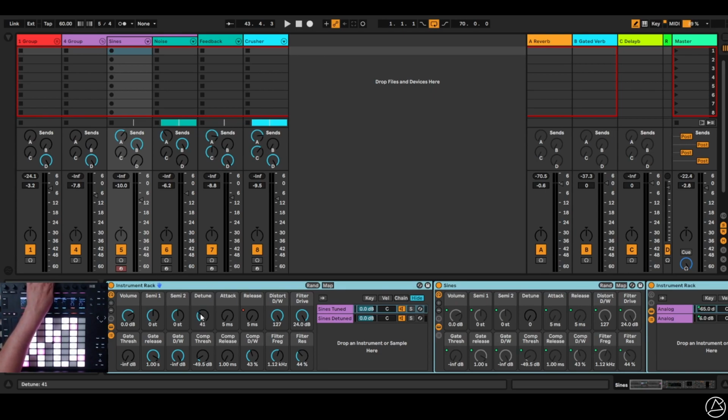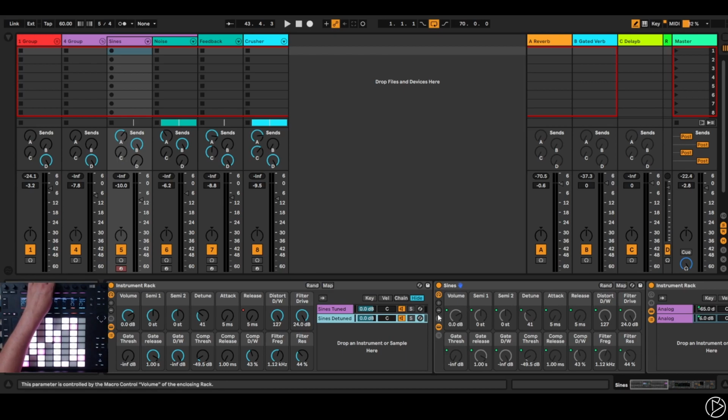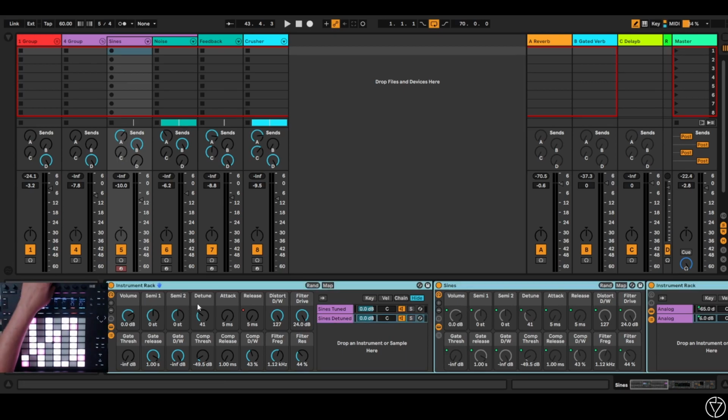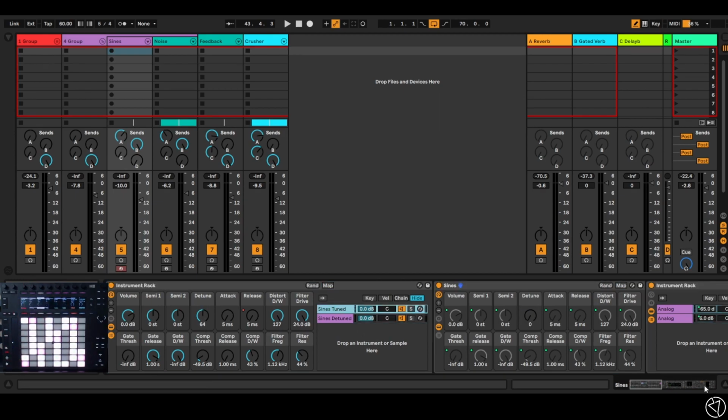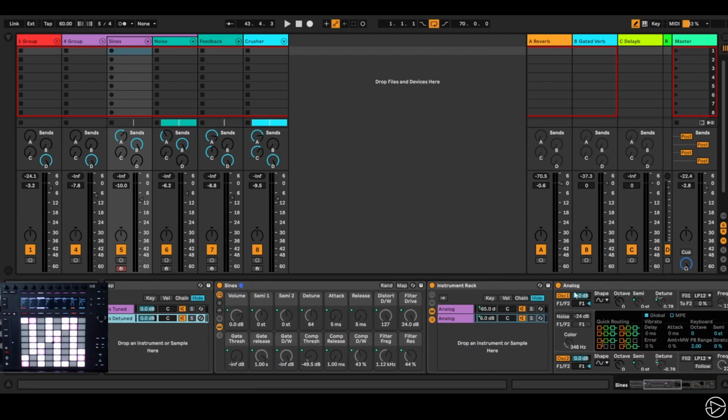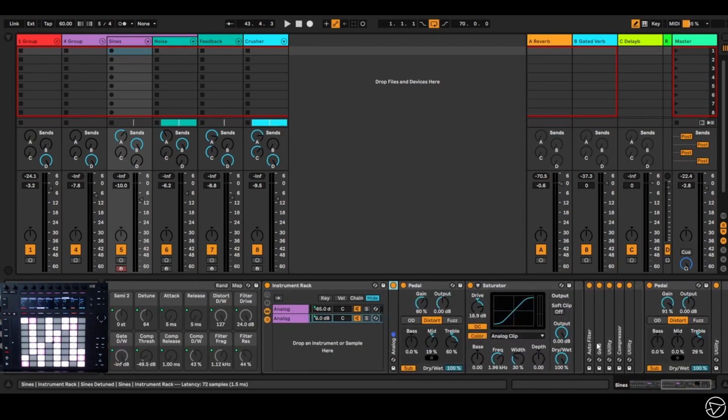Turning that knob here doesn't do anything to this knob, whereas turning that knob here does do something to this. The reason that one of them is permanently tuned and one of them is permanently detuned in this particular way is so that I can do this trick, which is